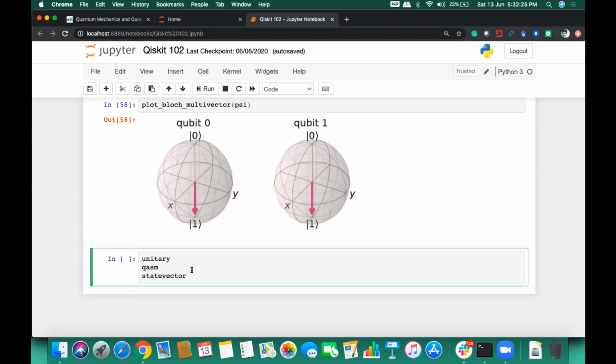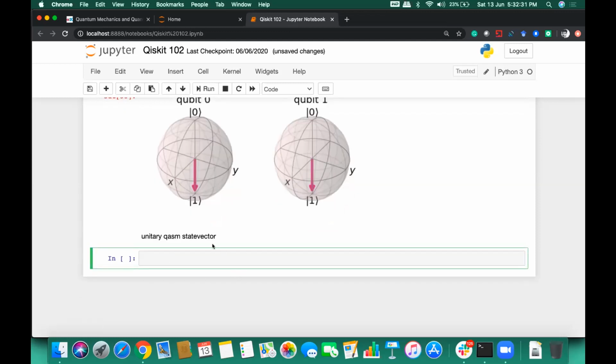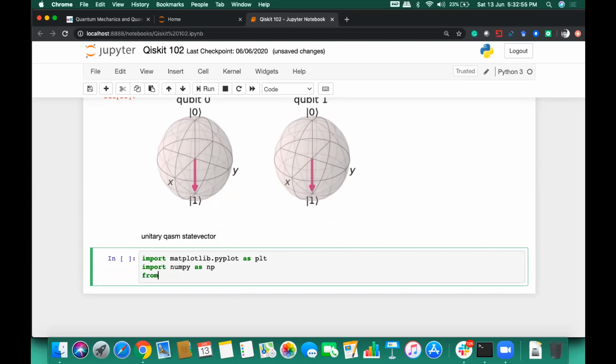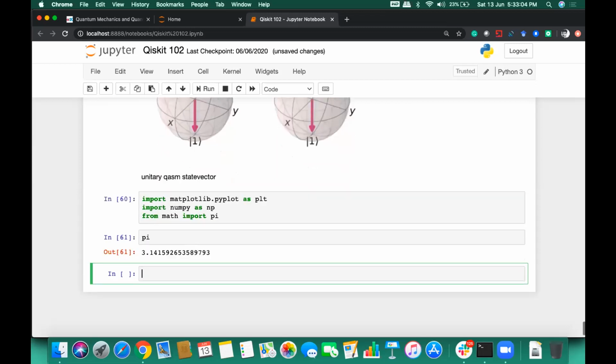So starting with the implementation part of this, what I'm going to do is import certain packages first. Matplotlib is basically a visualization package available in Python, and then we have NumPy, which is used for performing several mathematical and statistical operations. And then we have the math package from where we will be importing the value of pi instead of typing it again and again. Okay, so if you see the pi value, it holds 3.14 up to certain decimal points.